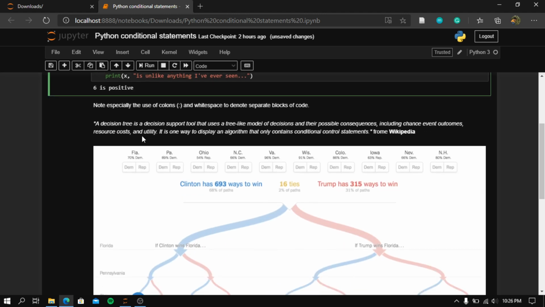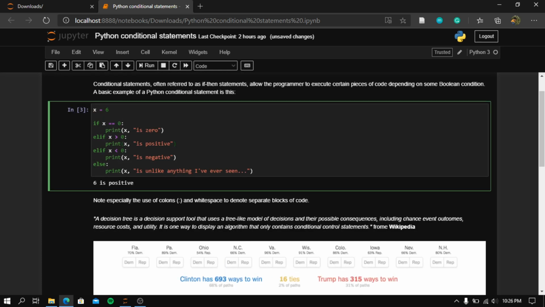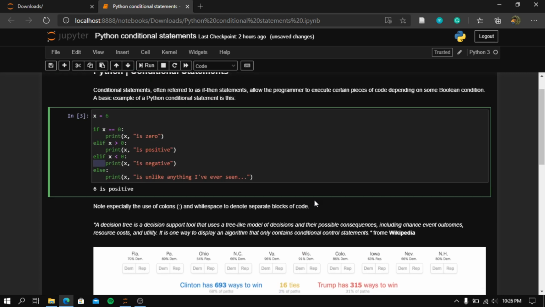Great. Note especially the use of the colons here and the white space, which is here, to denote separate blocks of code. You have to notice that